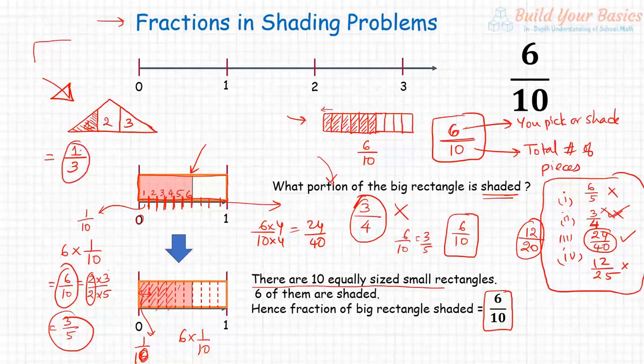No, you cannot say like that, because the important thing in fraction is that all pieces should be of equal size. This is some size, this is some other size. Of course, 1 and 3 could be the same, but even that we are not very sure unless this length is the same. It doesn't look exact. So when pieces are of different sizes, you cannot tell. Now how about this one?